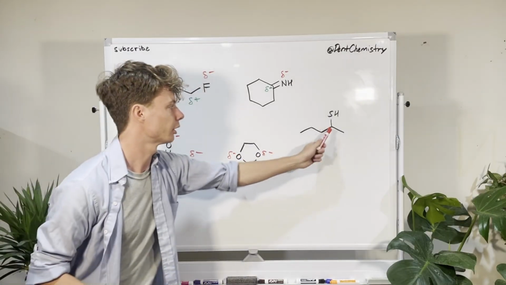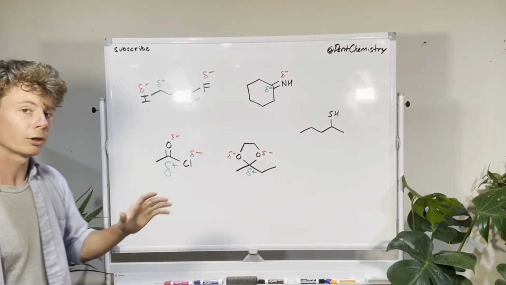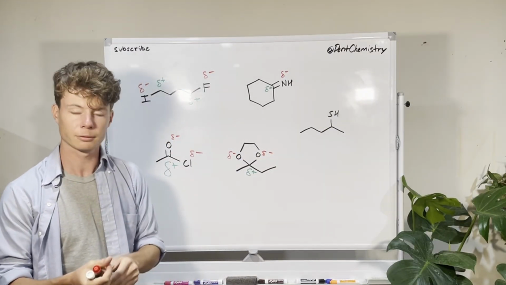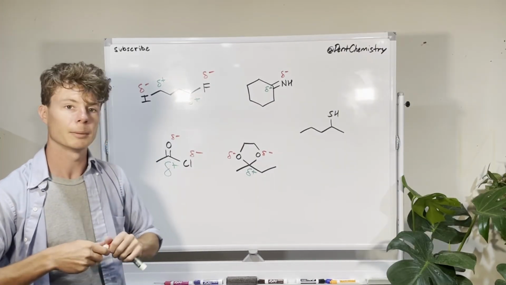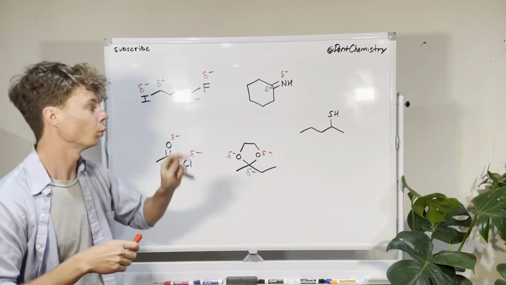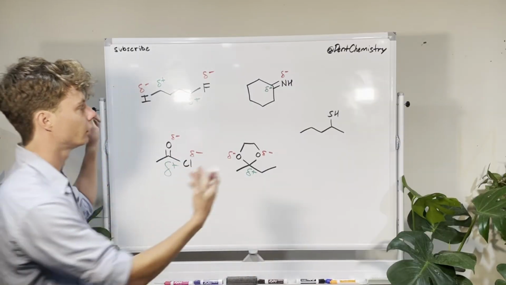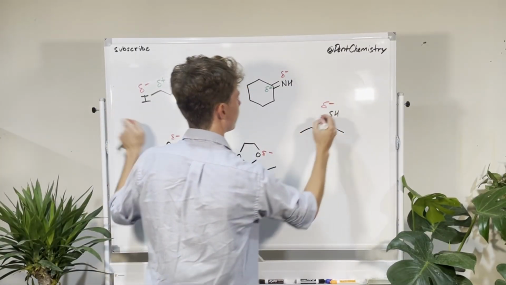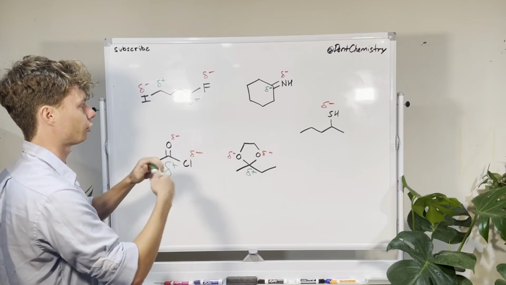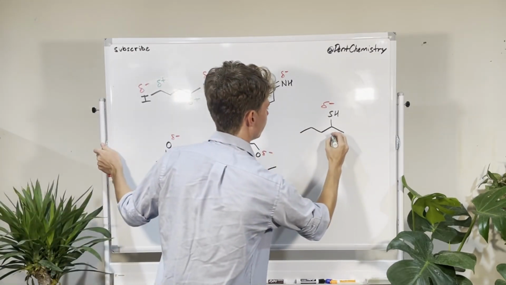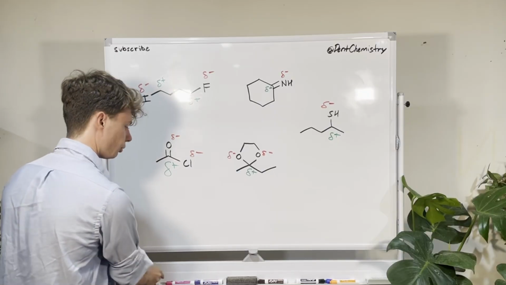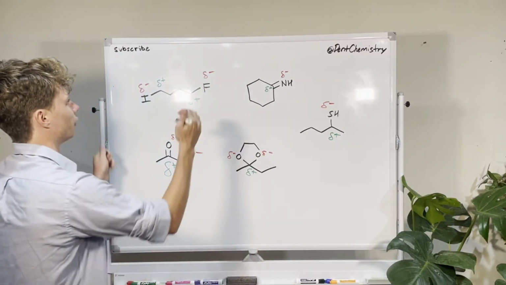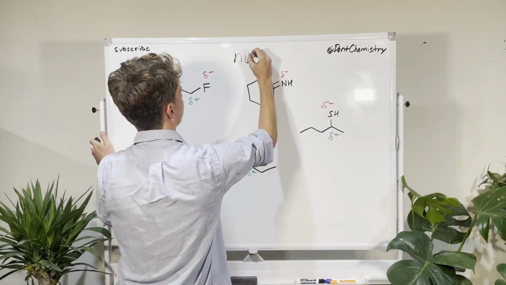And lastly, we have a thiol there. Sulfur is going to be slightly more electronegative than carbon. Actually quite a bit, maybe not as much as oxygen, but it will be more electronegative, partial negative, electron rich, partial positive, electron poor. And so if we introduce, let's say, a nucleophile here,